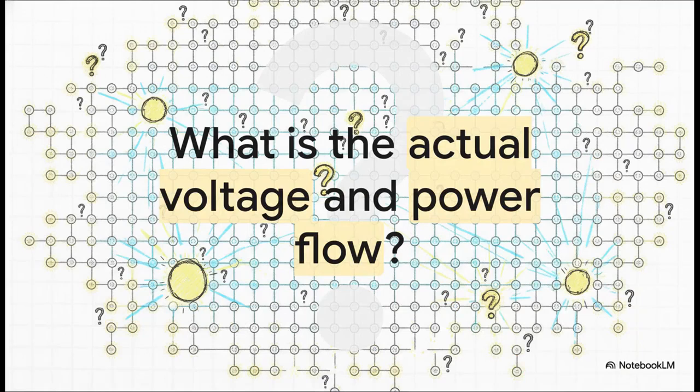Okay, let's dive into this. Picture a huge power grid, and on this grid there are thousands of connected locations, flashing with unknown values. Just question marks everywhere. Unknown voltage magnitudes, unknown angles. You need to know what is the actual voltage and power flow at every single point, right now. It's a massive, chaotic, and highly complex problem. And get this, power flow analysis is run thousands of times a day across every grid on Earth just to